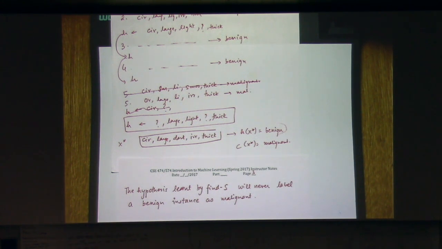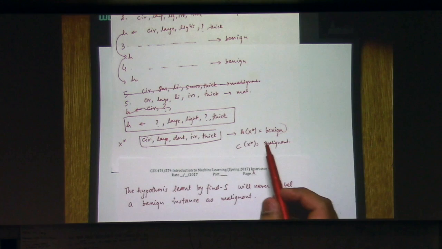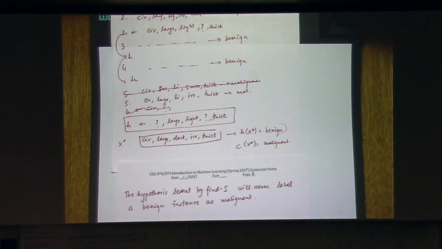Let me give you some hints. So think about this. What you will see here is the way this algorithm works: it starts from the most specific hypothesis, and then it keeps whittling it down. It keeps removing some parts of that hypothesis as you get more and more positive examples, or more and more malignant examples, which means that at any point your algorithm will always be more specific than the correct